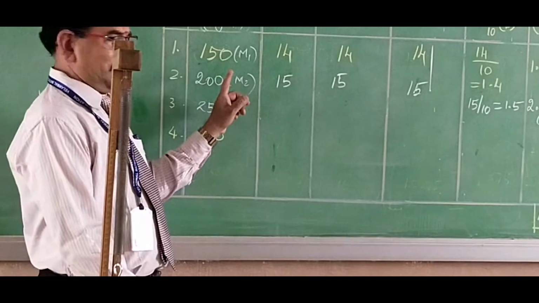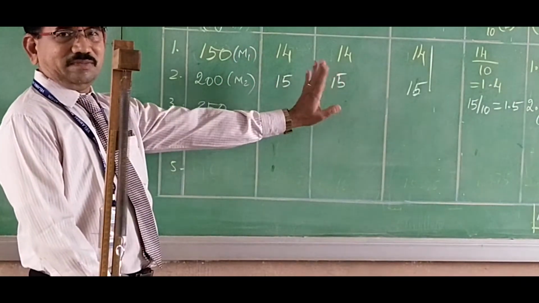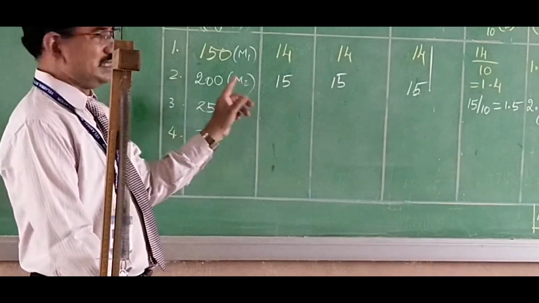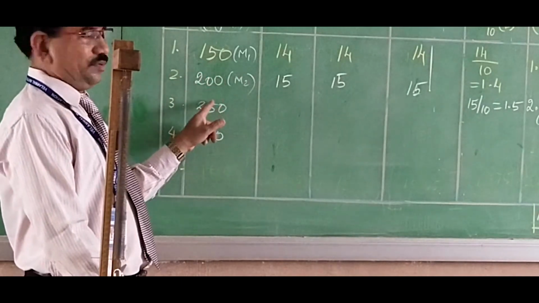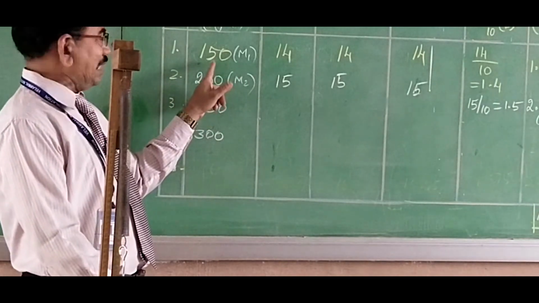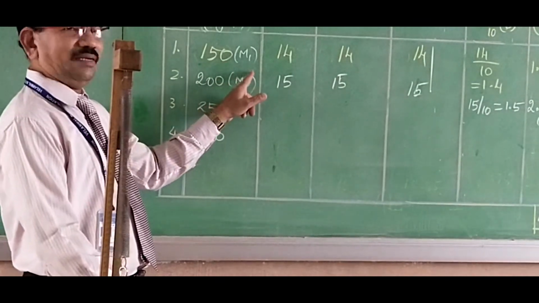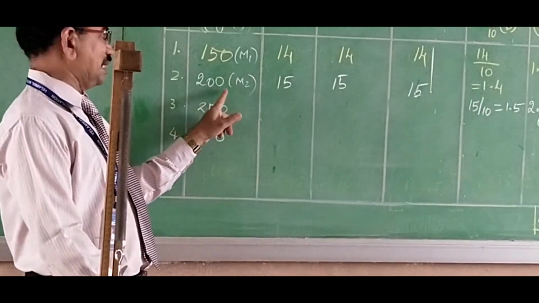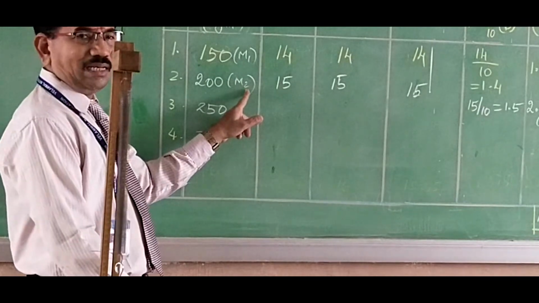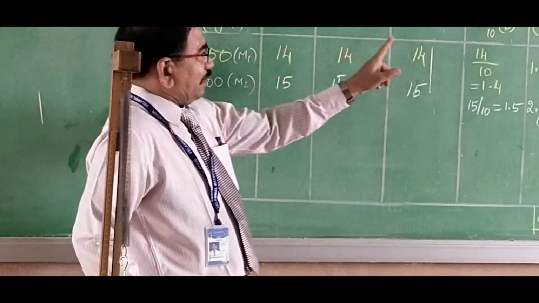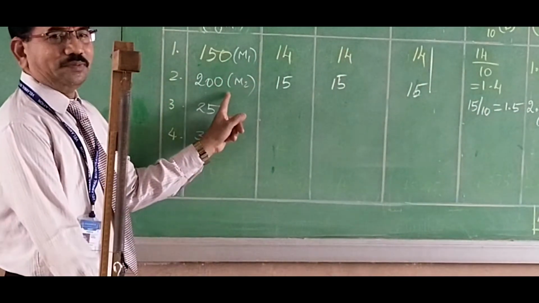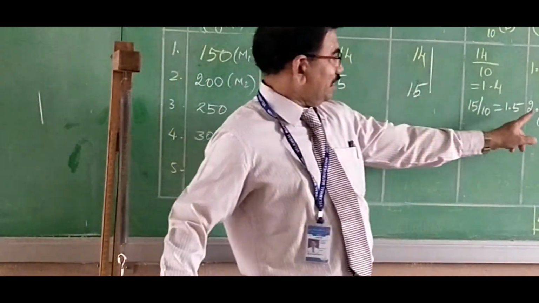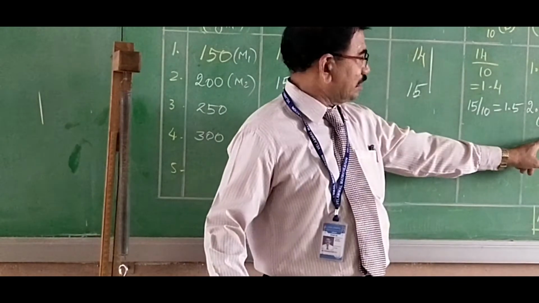So, for the purpose of calculations, in the last column, calculation purpose, from trial 1 and trial 2, see how I am going to take them. In trial 1, I am taking 150 gram load as M1. In trial 2, I am taking 200 gram as M2. Corresponding to M1, the time square is T1 square. Corresponding to M2, 200 gram, I got the time square value as T2 square.